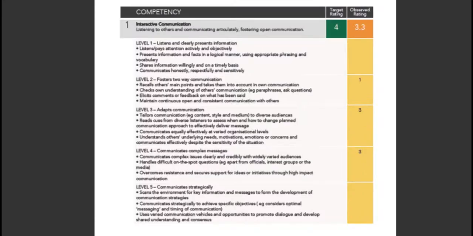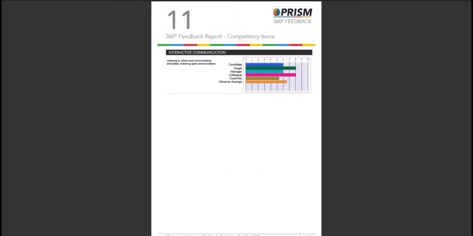The next section of the report focuses on competencies. We entered one competency for our session, although of course it is likely you will have more. The competency description is shown along with the levels that we entered. You can see the target set by the manager is 4. The numbers in the boxes indicate how many people have scored the candidate for this level. So one person has selected level 2, 3 people level 3, and 3 people level 4. These selections include the candidate. However, the average is calculated just from the observers. The information is shown in graphic form on the next page.